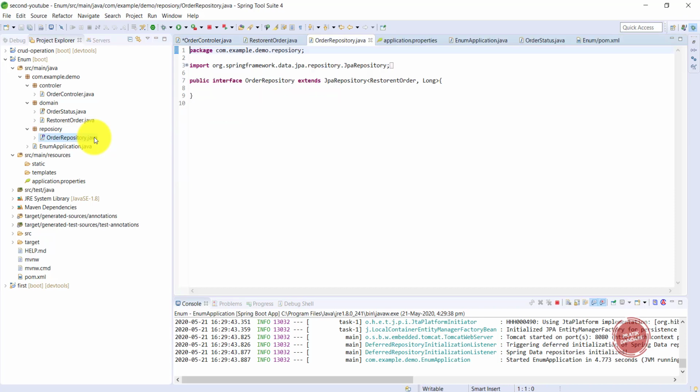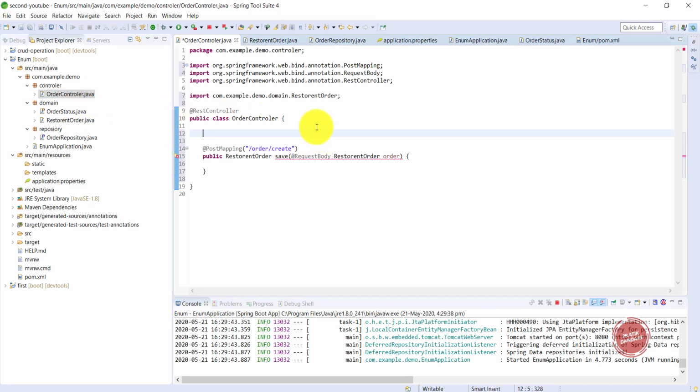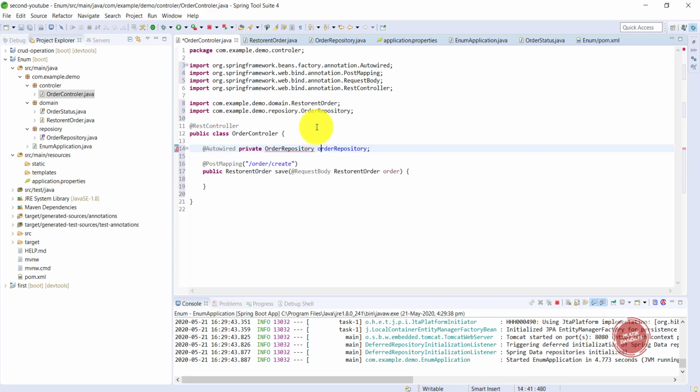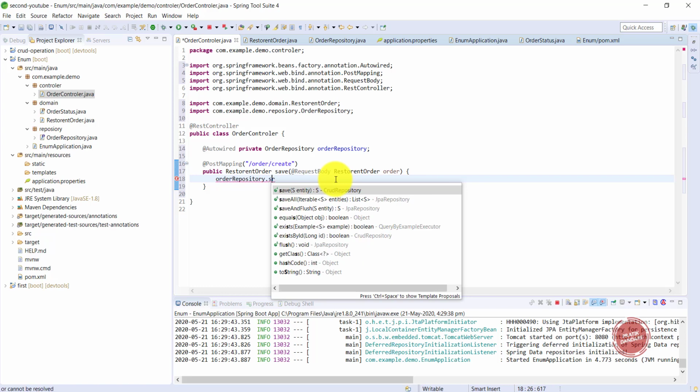Now I already created a repository for it, which is order repository. I am creating the reference of it inside the controller. So what I do, I am using the annotation called @Autowired, private order repository, and it's again order repository. After that I want to save it: order repository dot save.